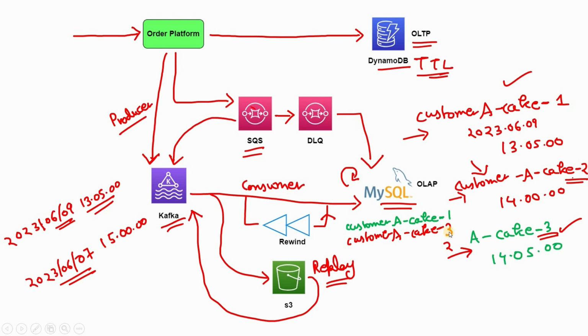So order quantity 3, which is available in the system, is the latest. Due to a system issue, the second update is appearing after the third, or latest, update. Now the latest update is already available in the system. Now this second update, if we try to execute it on MySQL, that will be wrong, because